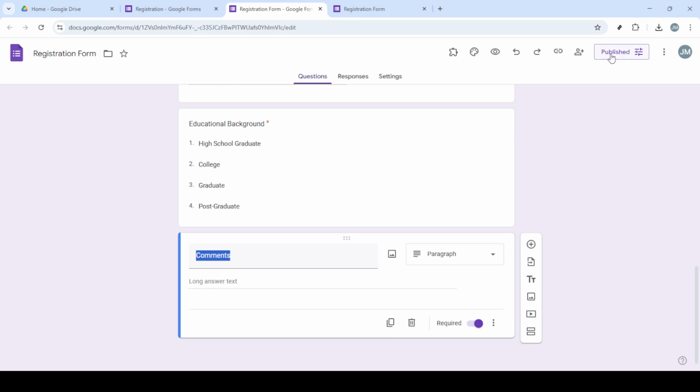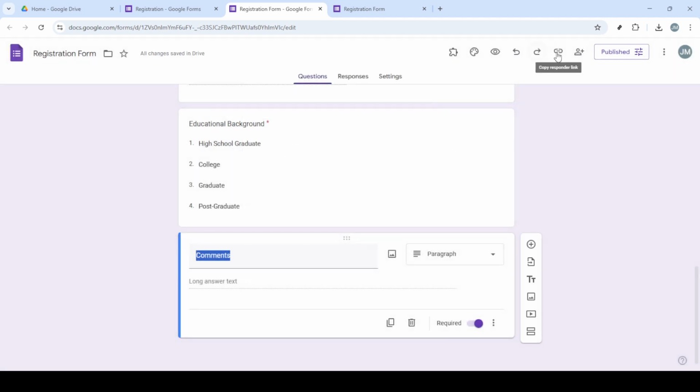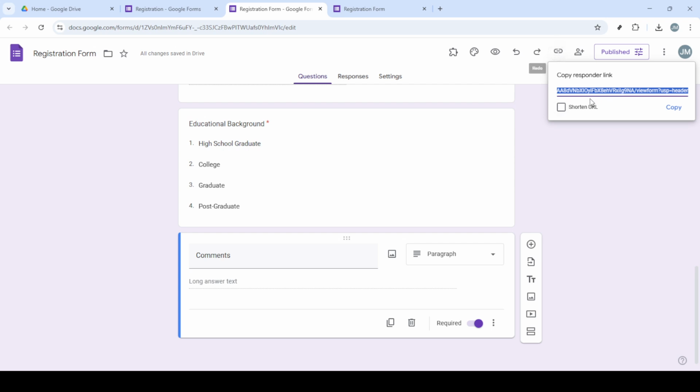Finally, once you've added all necessary questions, it's time to publish your form. You can do this by clicking the Send or Publish button in the upper right corner to open it to responses. Before finishing, don't forget to click on Preview to see how it will appear to respondents and make any necessary adjustments. And there you have it, a fully functional registration form created